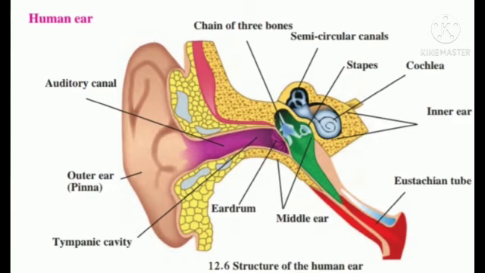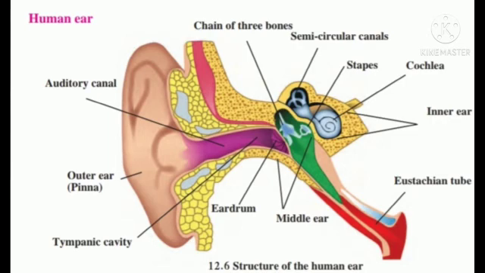Now see the middle ear. There is a thin membrane in the cavity of the middle ear called the eardrum. When a compression in a sound wave reaches the eardrum, the pressure outside it increases and it gets pushed inward. The opposite happens when a rarefaction reaches here. The pressure outside decreases and the membrane gets pulled outward. So due to this inward and outward vibration of the eardrum, sound waves cause the vibration of the membrane.